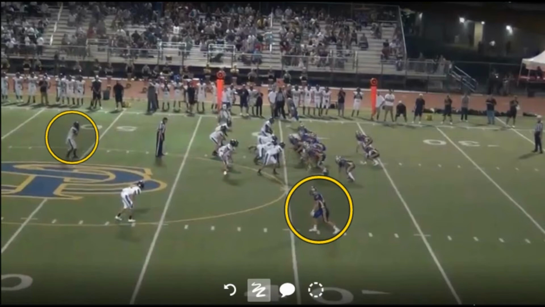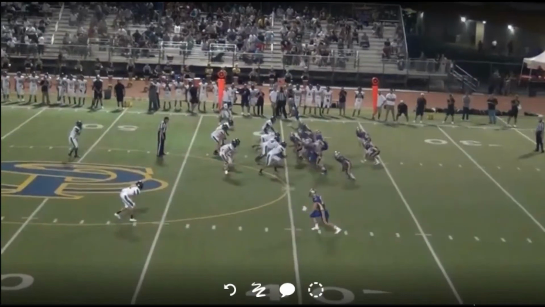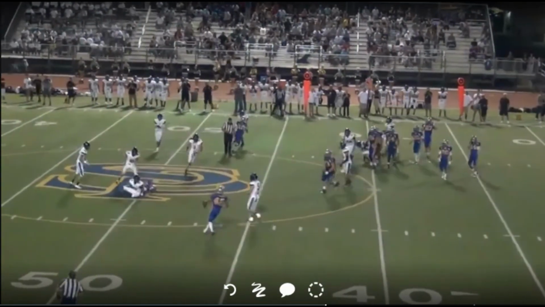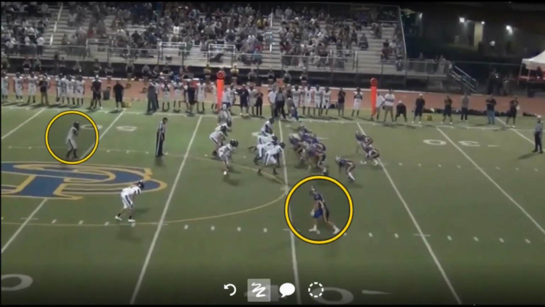This next play is a tricky one. This looks like it could be excessive contact at first look. And I'm just going to run this for you. Keep an eye on the two players highlighted. That's A13 and B9. I'm going to run it in real time. And that looks bad, right? I mean, there's helmet contact. But let's take a look at this in slow motion and observe the actions of both players, particularly the defender